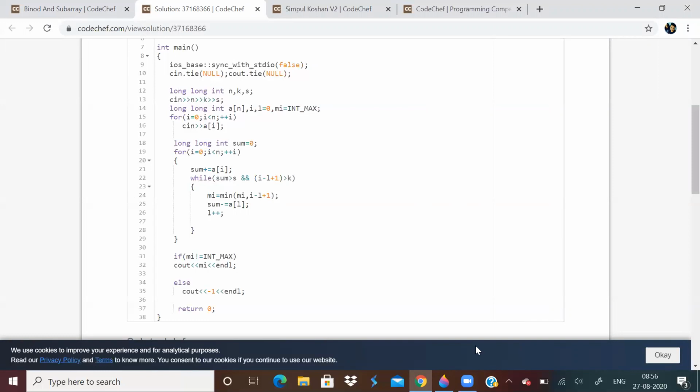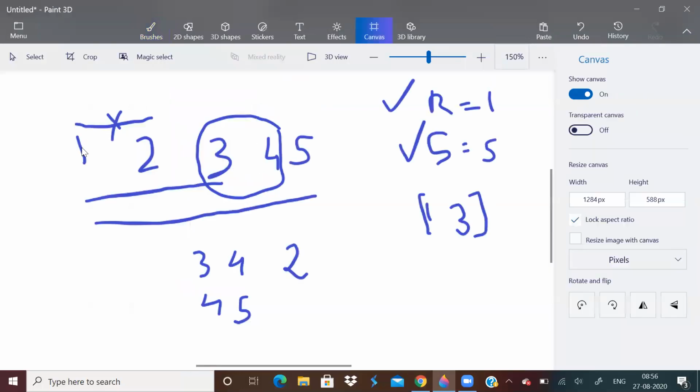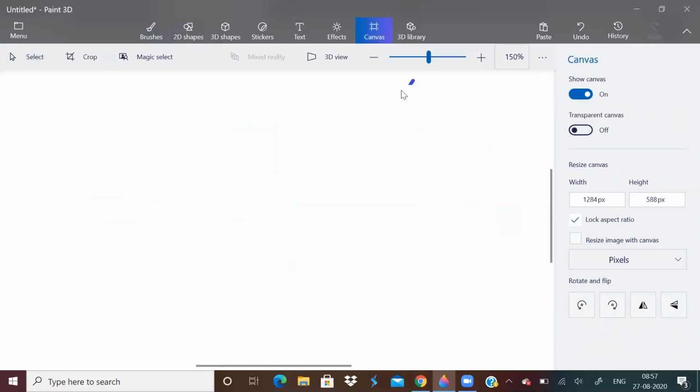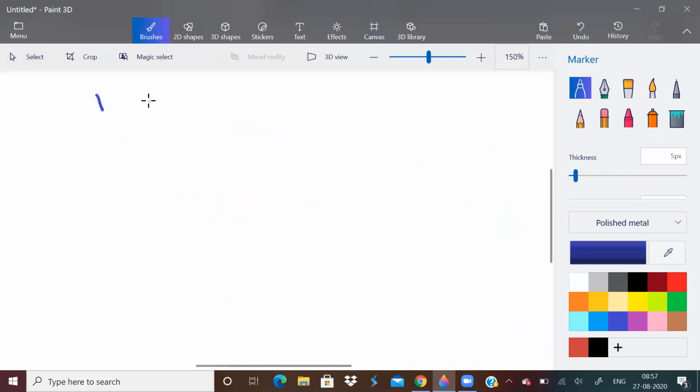Okay. So I'll remove this and I'll explain the sliding window technique. So the array is 1, 2, 3, 4, 5.